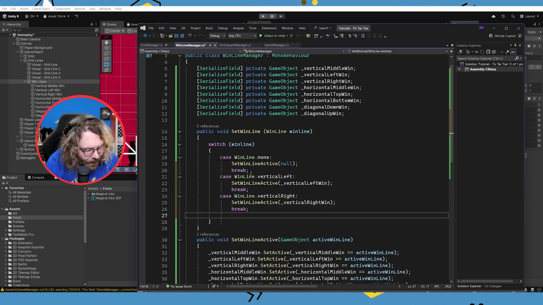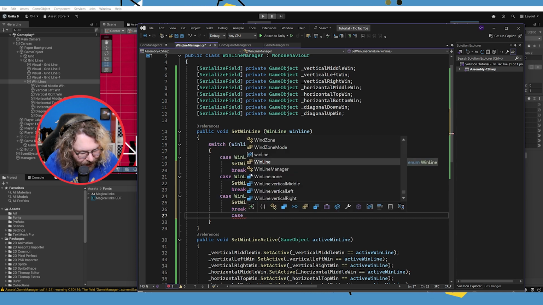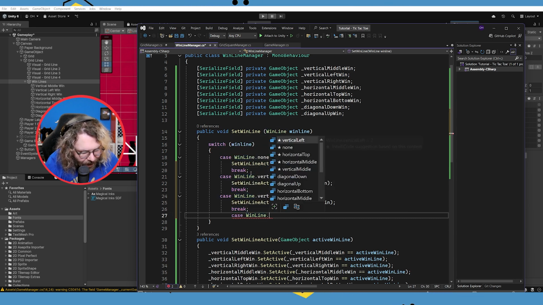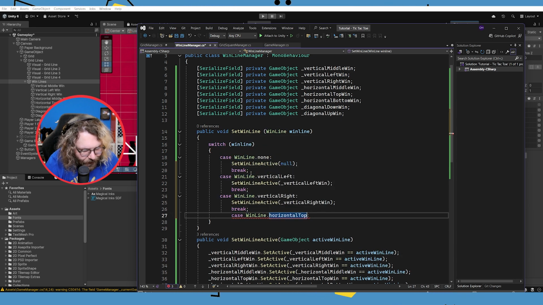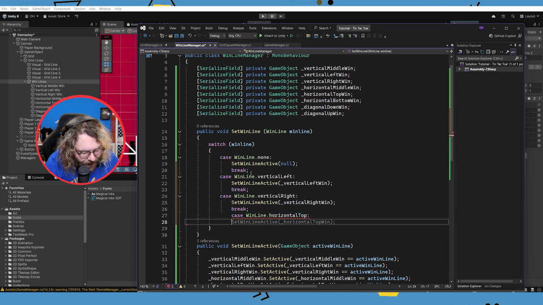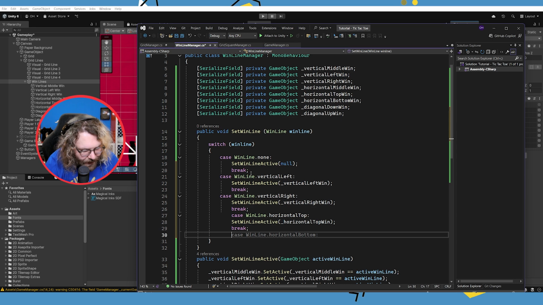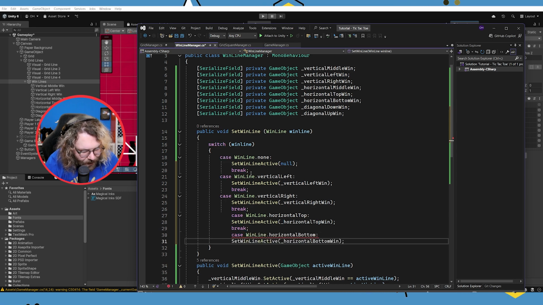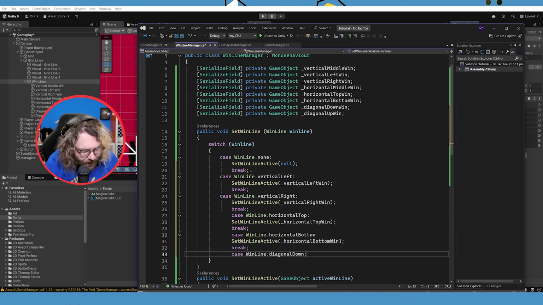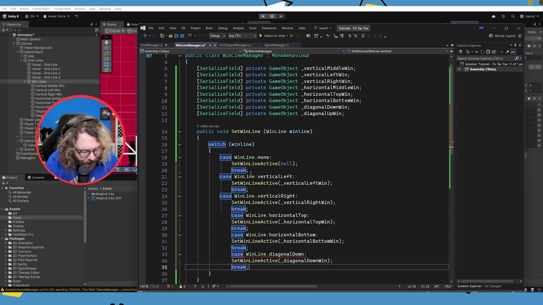This is where Visual Studio is really good, because it starts to know what you're trying to do, so you don't have to type everyone out yourself. So horizontal top, and it might know now, yeah, horizontal top win break. Okay, so horizontal bottom, so horizontal bottom break, diagonal down win,